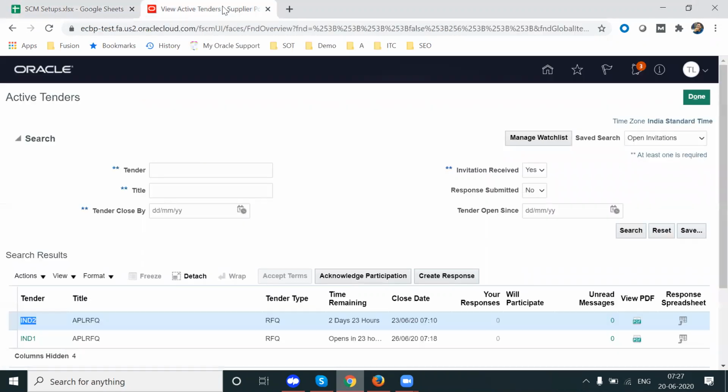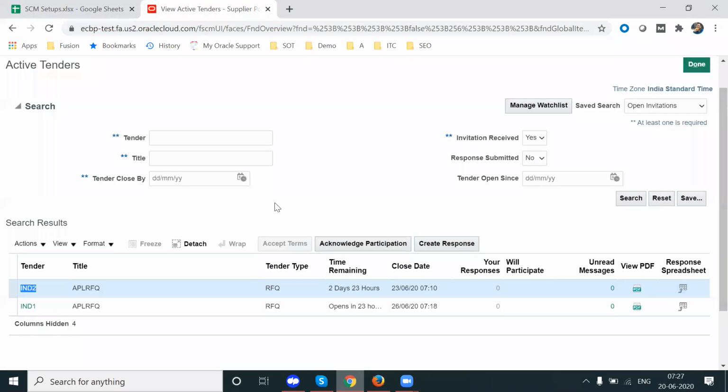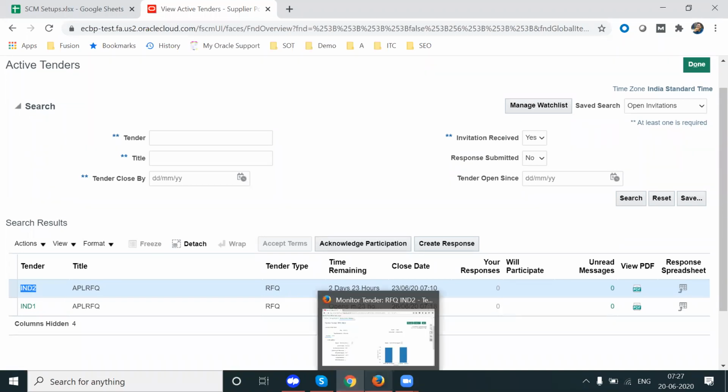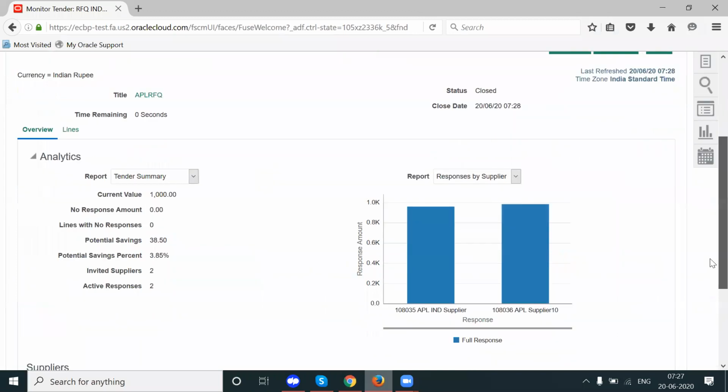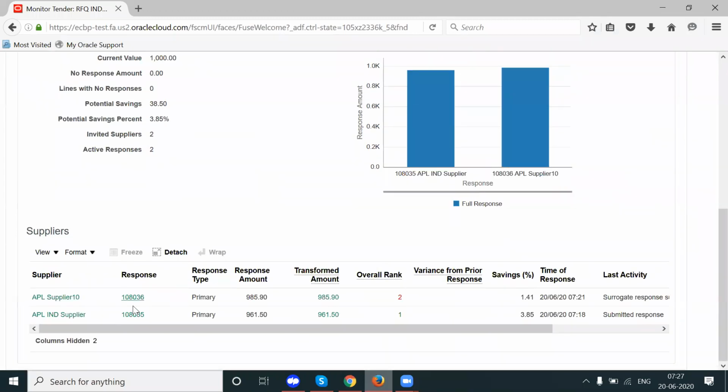Open each response again. If you want, you can open it. Otherwise, straight away the system is automatically recommending to us. So first open the rank 1 quotation.